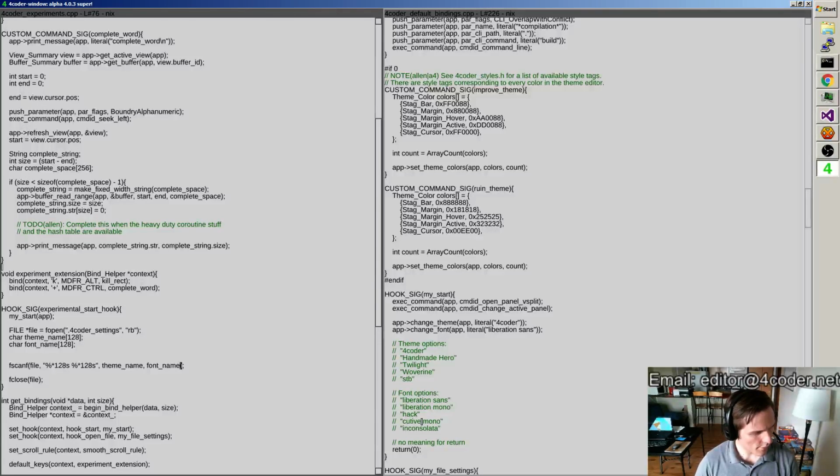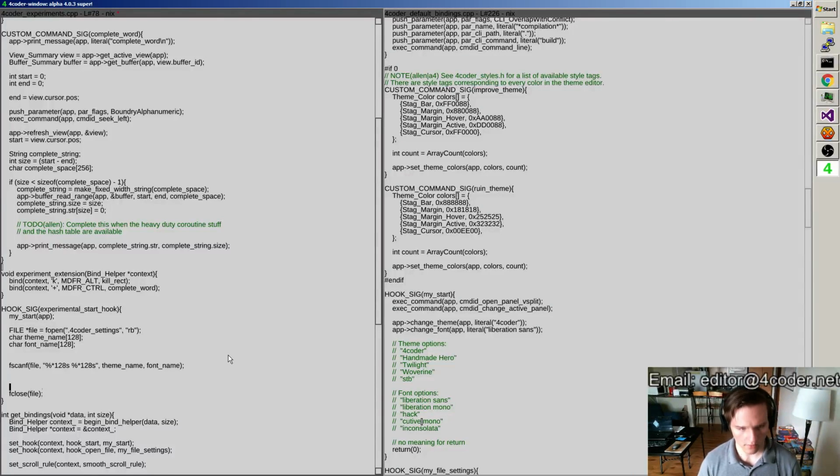Now, does that also output the size, or is it null terminated? String of characters. This will read the subsequent characters until a white space is found. White space characters are considered. Okay. Yeah, so I believe it's null terminating those. So then what we'll do is we'll say